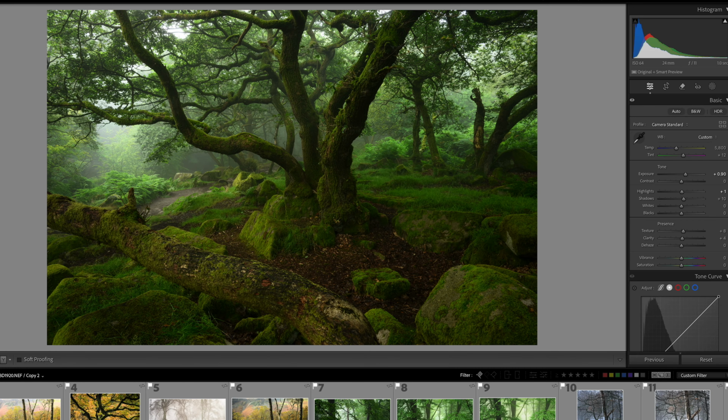Now, I would say that obviously fog does help create that painterly look, but I'll show you with a few images that you can get it without fog as well. Right, so I've got a few images here and I'm going to go through and talk about the basics first. So this is an image that I took in Padley Gorge in the Peak District, and this